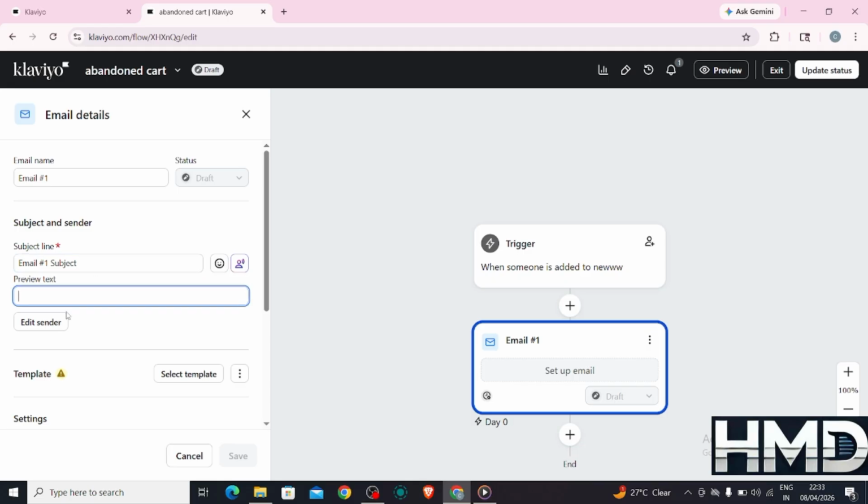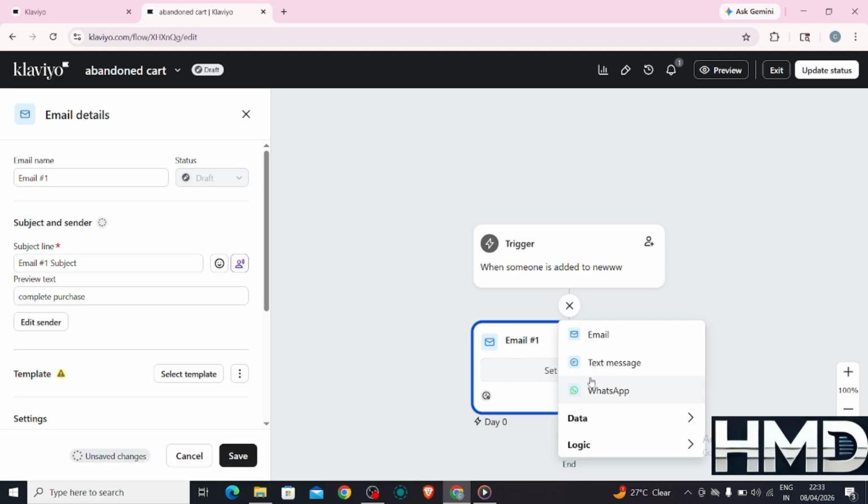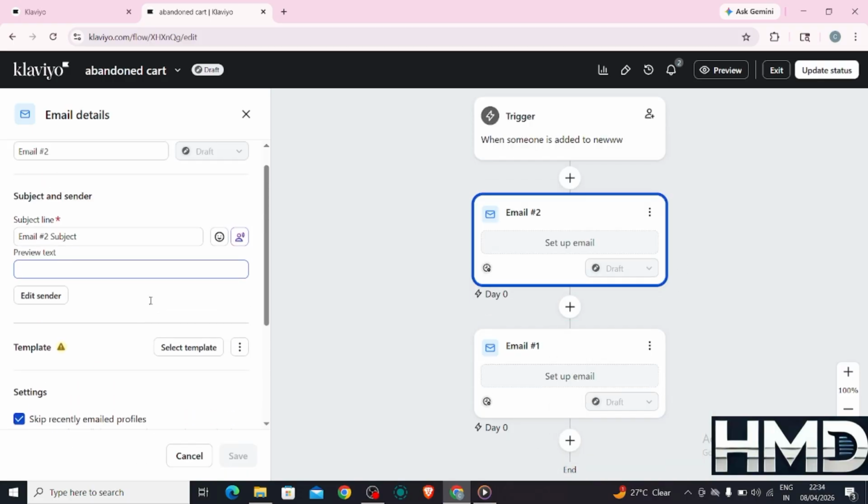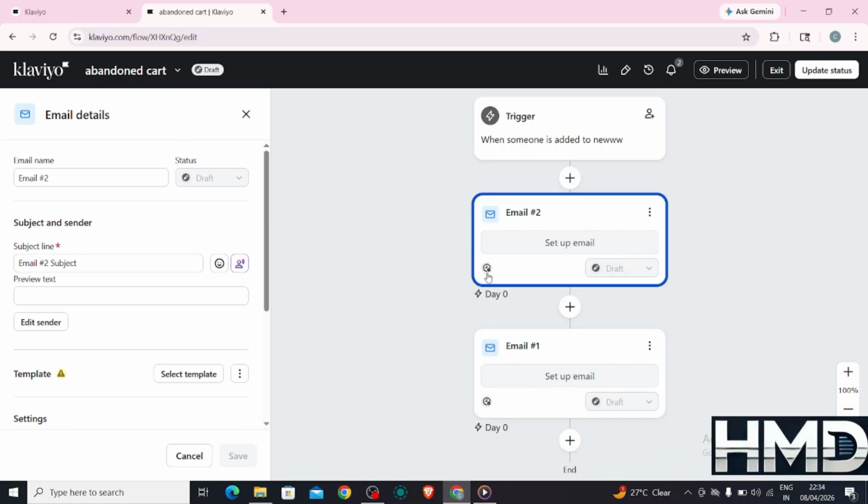Next, add another delay, usually 24 hours, and create a second email. In this email, you can add urgency by mentioning limited stock or high demand. You can also add a third email after another delay. This one can include an incentive like a discount code or free shipping to encourage the customer to complete the